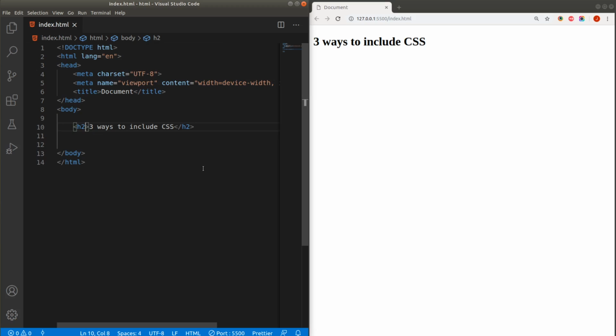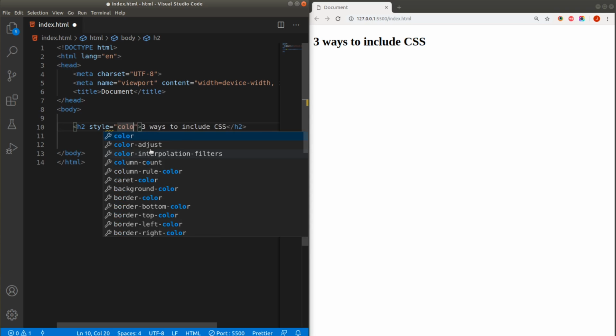So suppose we will try to change the color of that heading to any other color, and to apply the inline style, I can go into the h2 tag directly, and I will specify one attribute that is called as style. And look, that is the best feature of Visual Code. I am getting automatically all the possible options, and that thing is called as IntelliSense. So you can use the code editor Visual Code if you want.